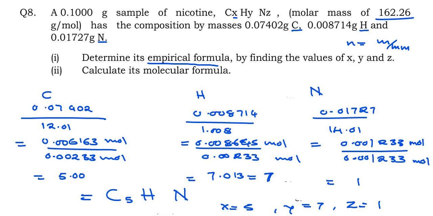Okay, we say 5, and here we have 7 for hydrogen. Then our nitrogen is 1. We can't write 1. It's the same as leaving it like that. Okay, so this is our what? Our empirical formula. So now, how are we going to find the molecular formula? It is very simple. Since we have been given the molar mass here,